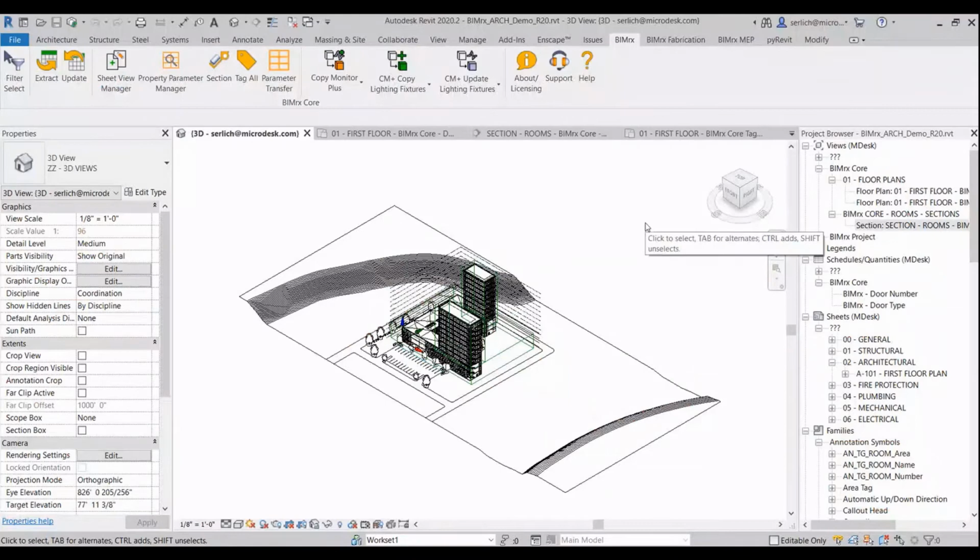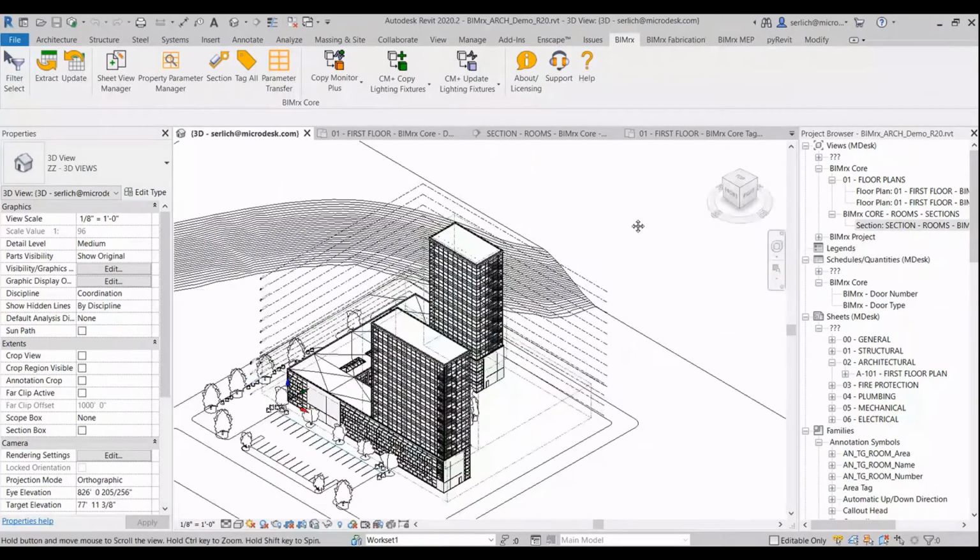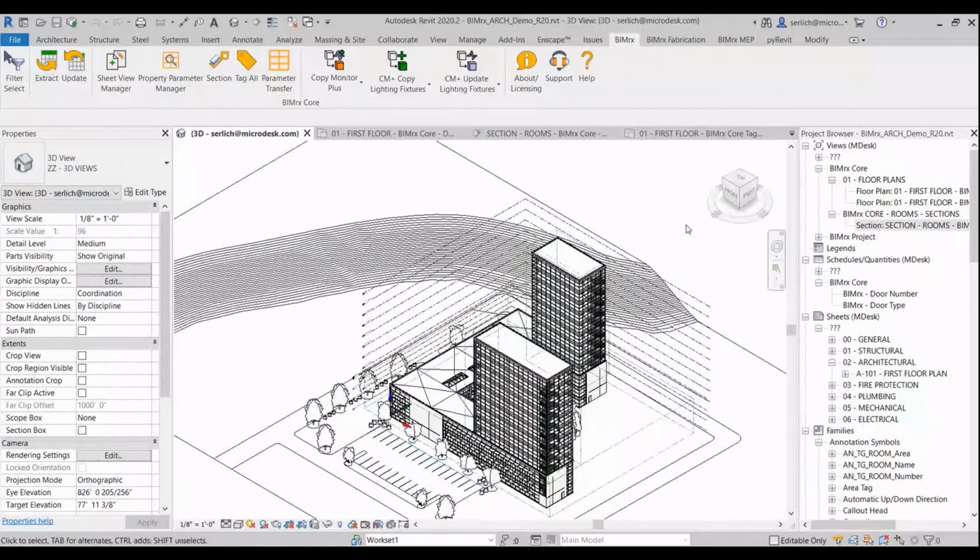So for this example, I'm going to start with this model in particular. You can see that I have 2 towers here, right, and a podium. This is really typical in a lot of buildings. And I want to showcase the first step, which is that project setup in your workflow, right? So we're going to go over with this demo those 3 steps: the project setup, data management, and documentation of